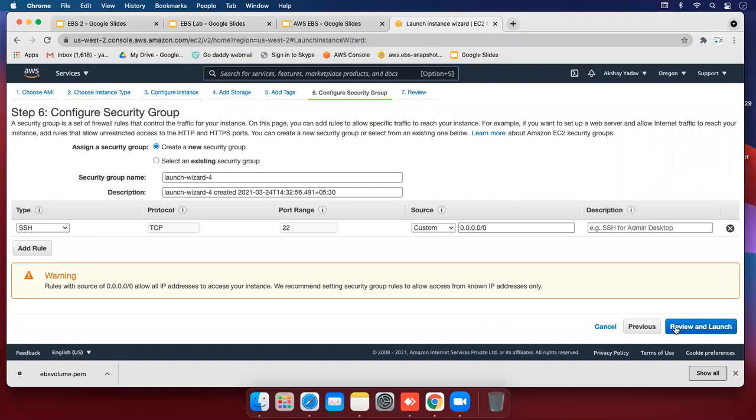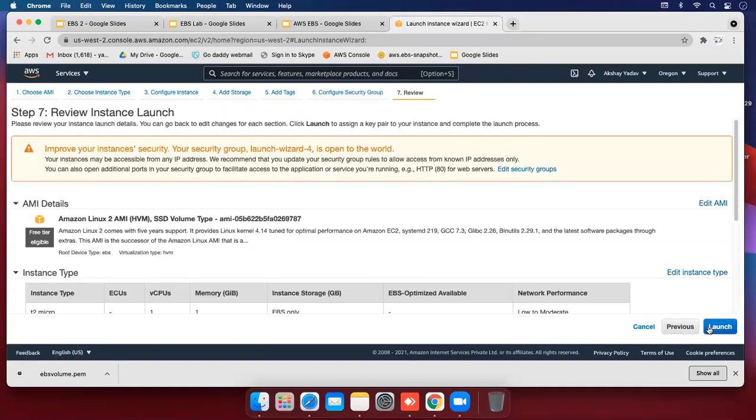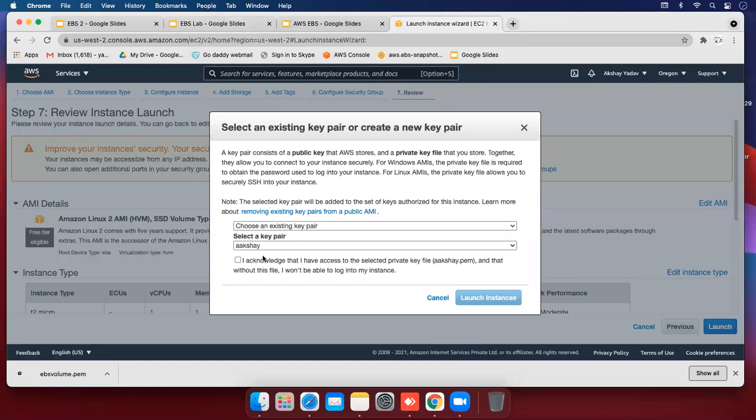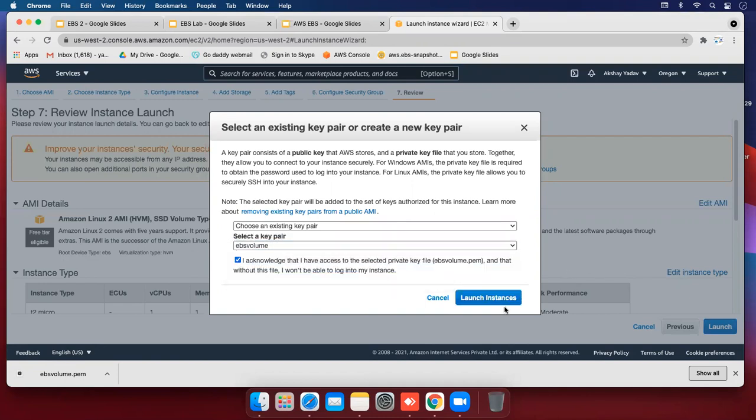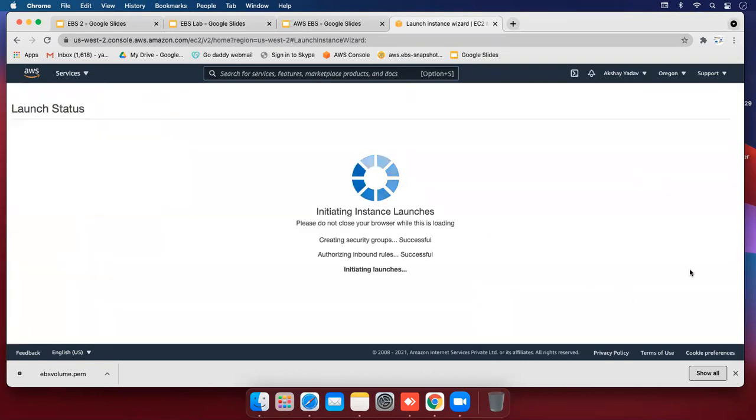Enter and review and launch. Key pair I already selected, EBS volume, hit enter.